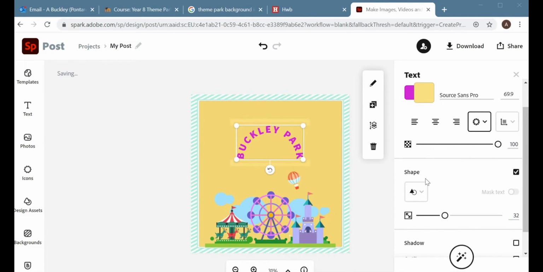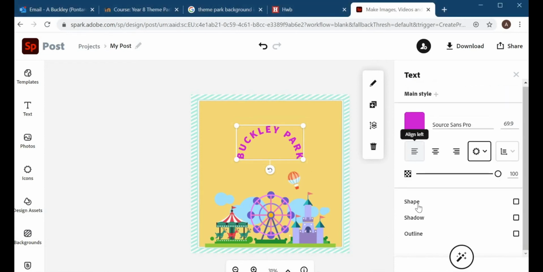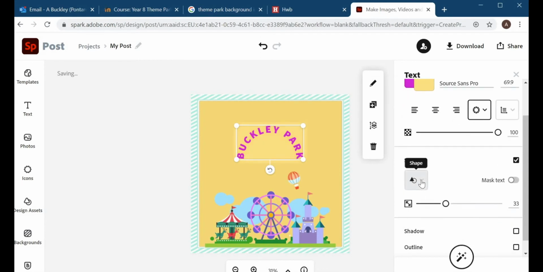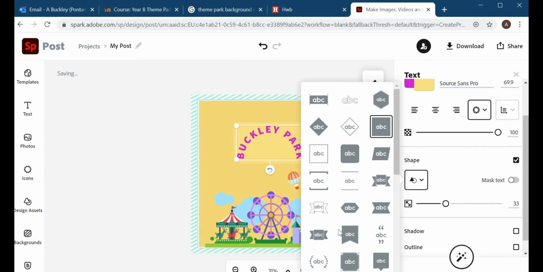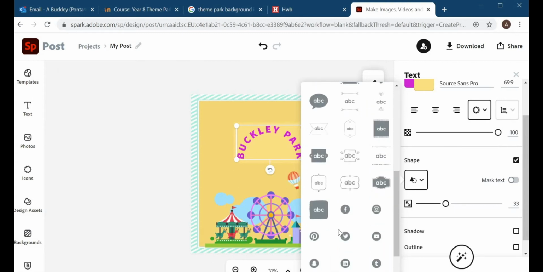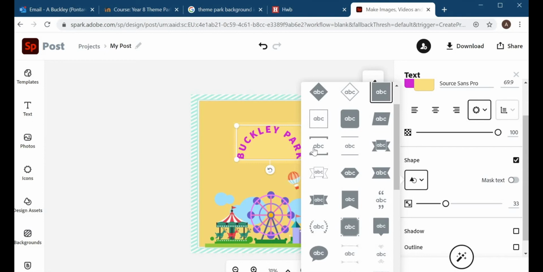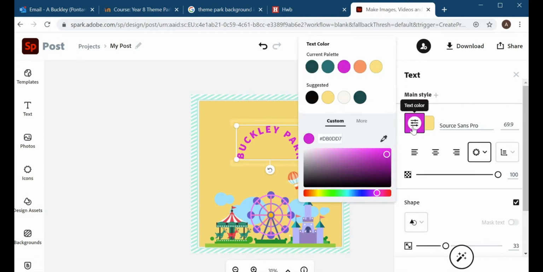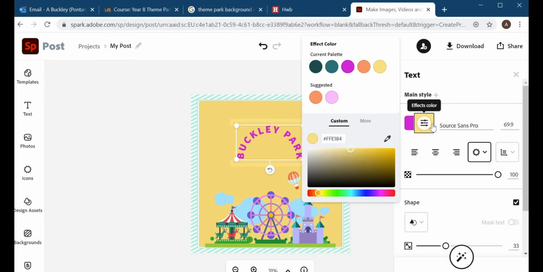Once you've got the shape of your text, you can scroll down and there are these effects. You've got things like shape. If you click on that and click this arrow, there are all different types of things you could add to your text. For example, if we added something like this, and you scroll up slightly, you'll see this is your main text color that you chose. And behind it, you have this thing called effects color. So if we click on that, and for example click different color,